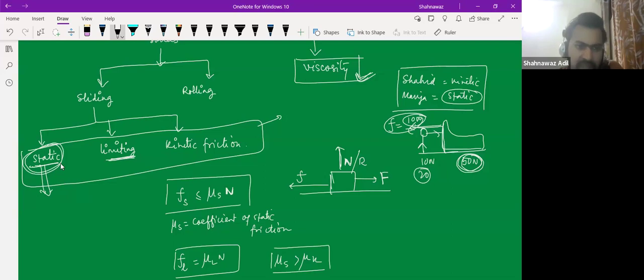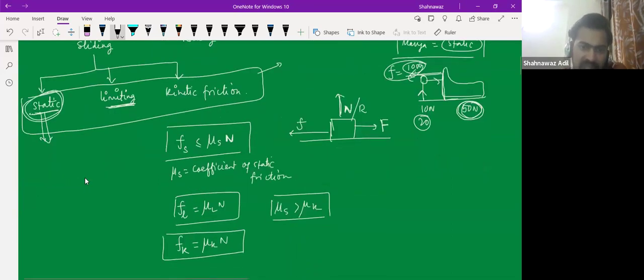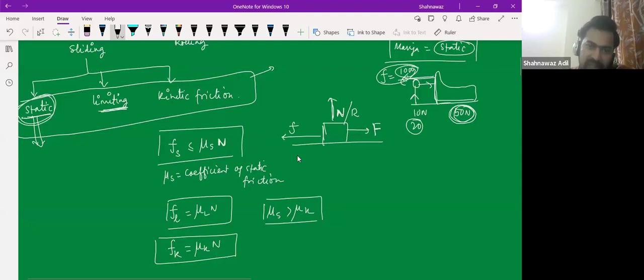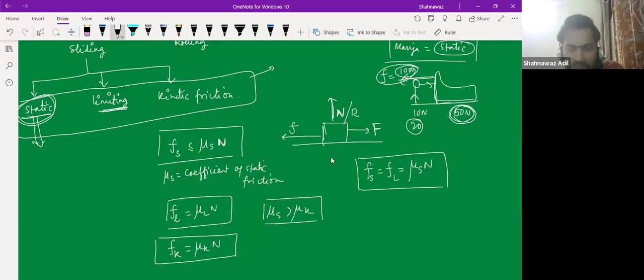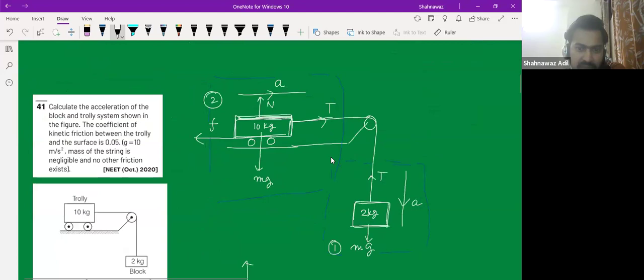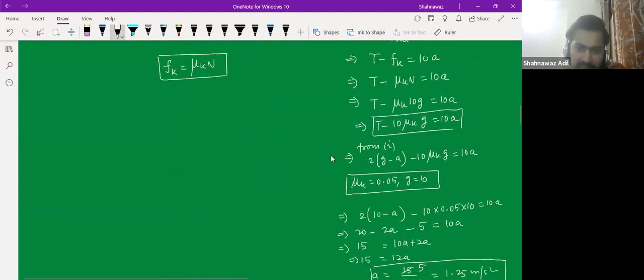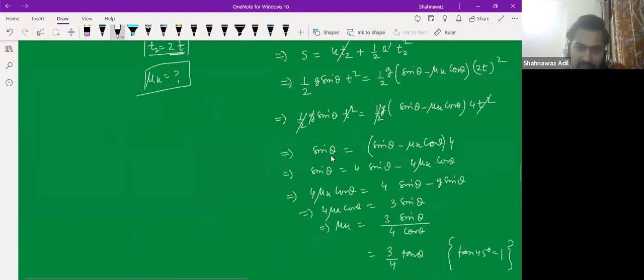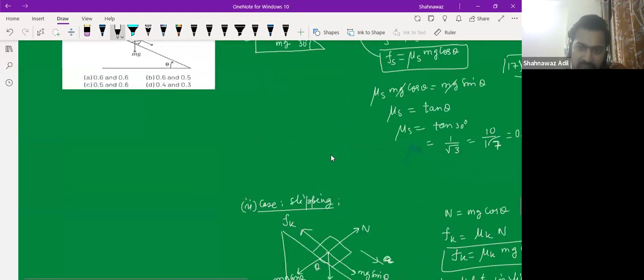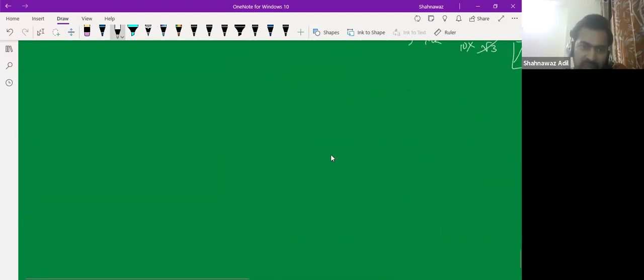So this is about the static friction. In all the cases I will be talking about, I will be writing the static friction, but I will be writing the maximum value. So I'll be writing limiting friction, and this is mu S N or mu L N. This is the thing that I will be writing, right? So yeah, let's